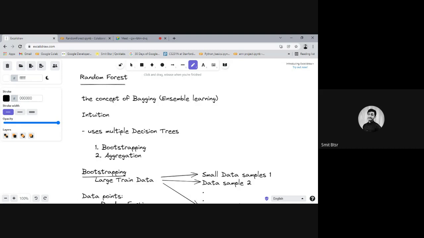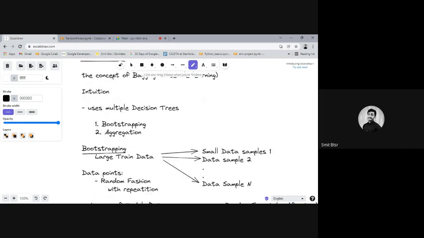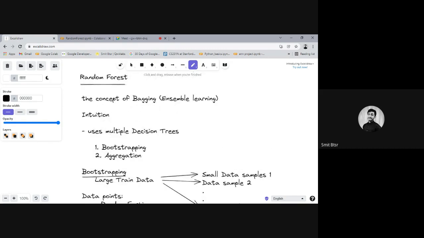This type of learning mechanism, or these kinds of models, are called ensemble learning. There are models which are not a single model, but a combination of models, which we refer to as ensemble learning models. So this is basically using multiple things to do one task. Then that was the concept of bagging.